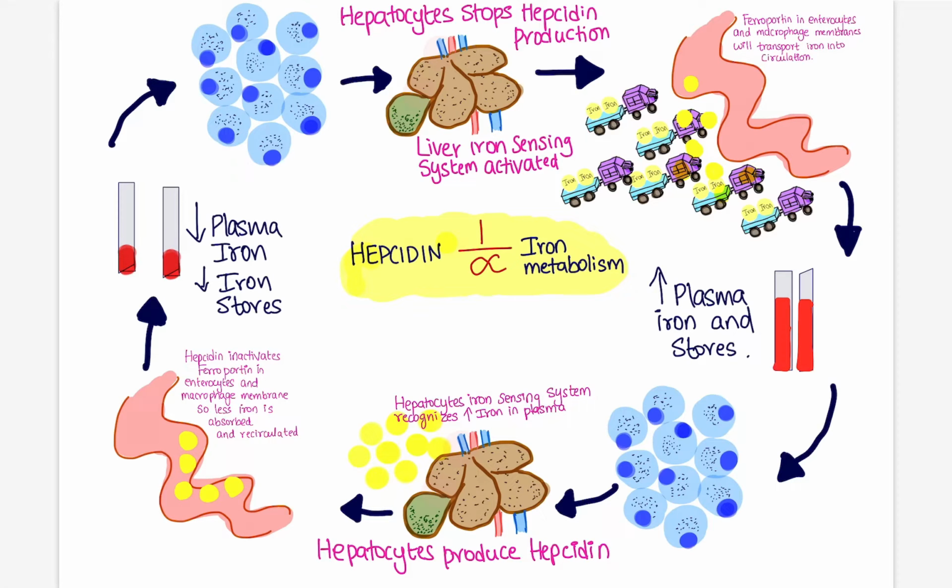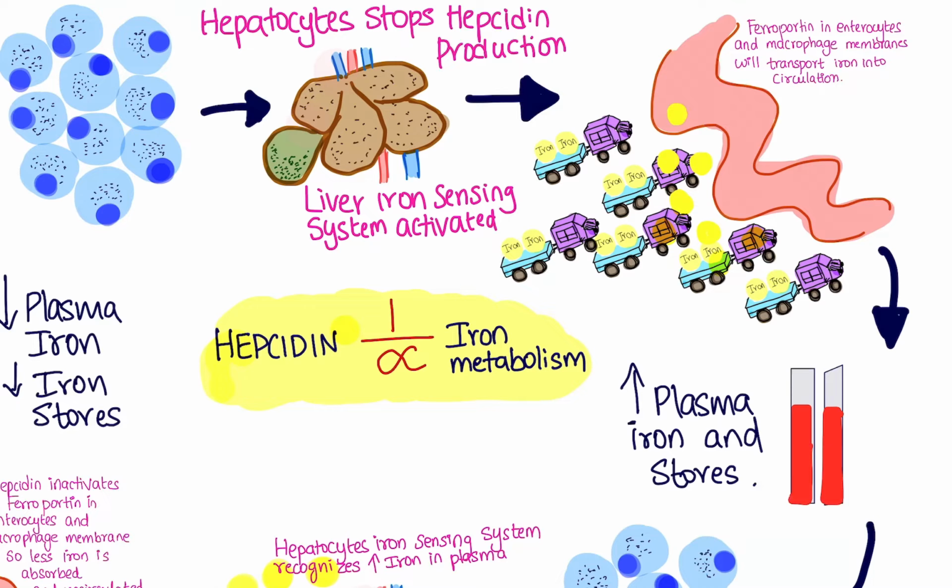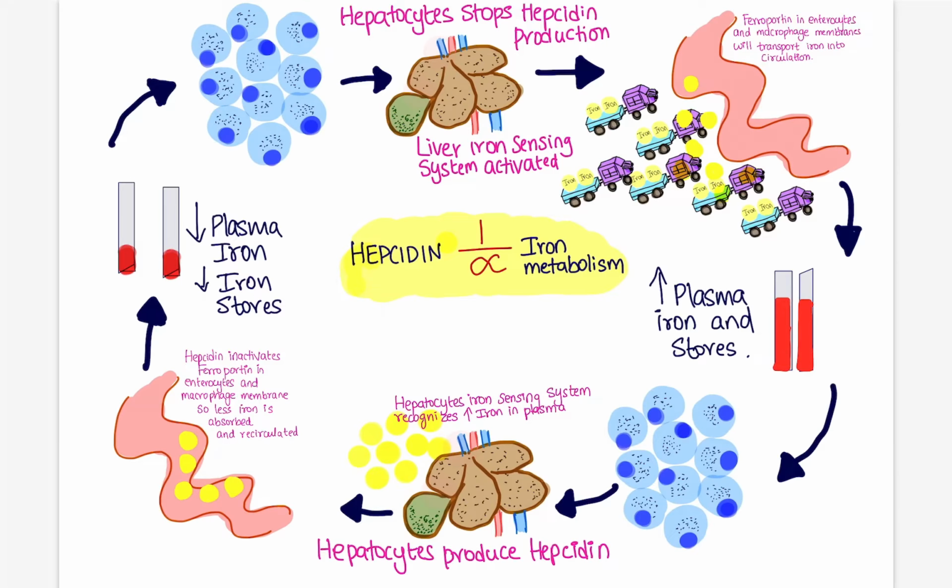and as a result of that, ferroportin in enterocytes and macrophage membrane will start transporting iron into circulation, and this iron will be utilized by various tissues. So what happens gradually? The plasma iron and iron stores will have enough iron, and that will have a negative